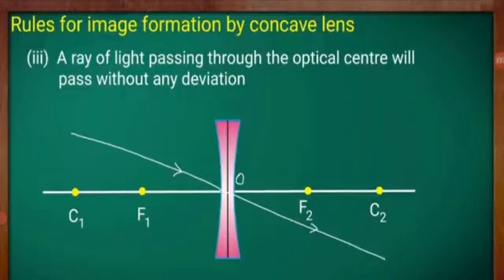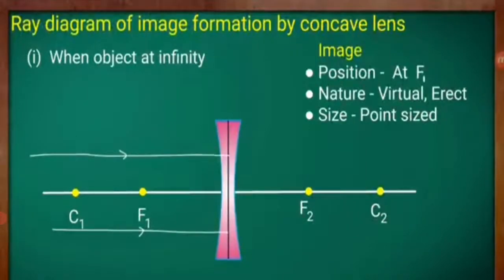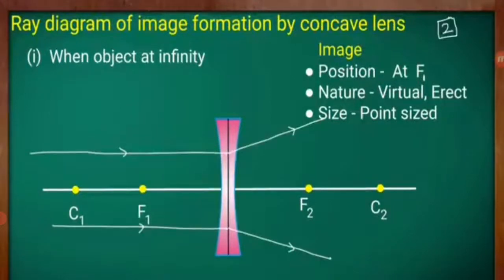Now let us see about the image formation with respect to the concave lens. The first case is when the object is at infinity, then light rays are coming from infinite distance. Then what is going to happen here? As such, the lens is a concave lens, so the light rays get diverged. So when the light rays come in contact with the concave lens, as such it is coming from the point, okay, that is principal focus.